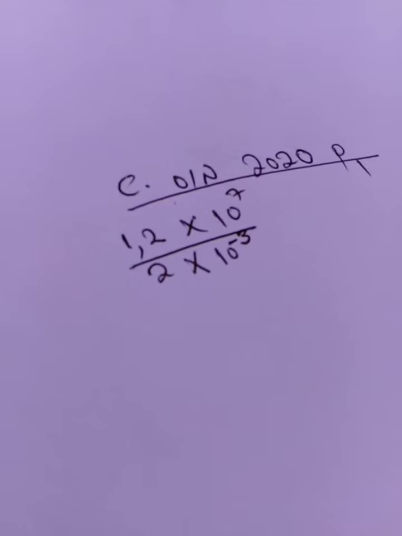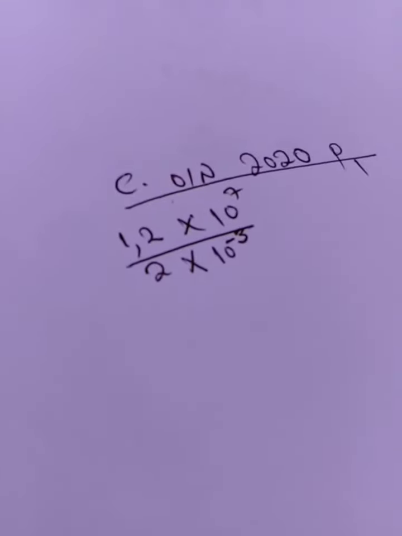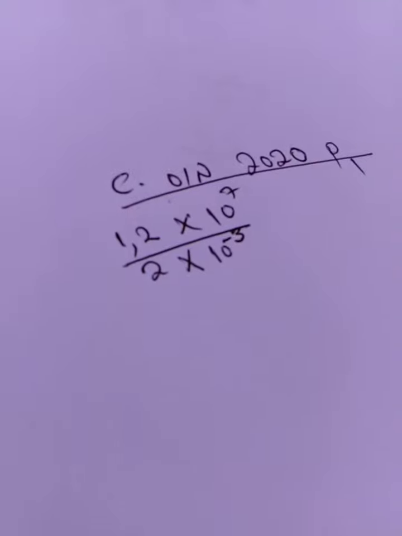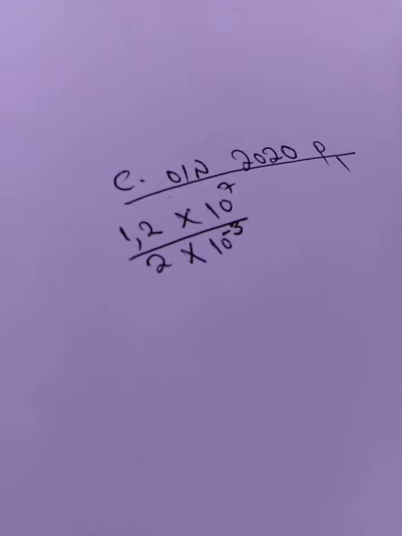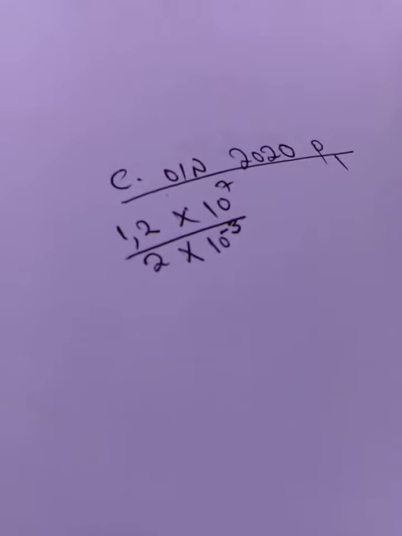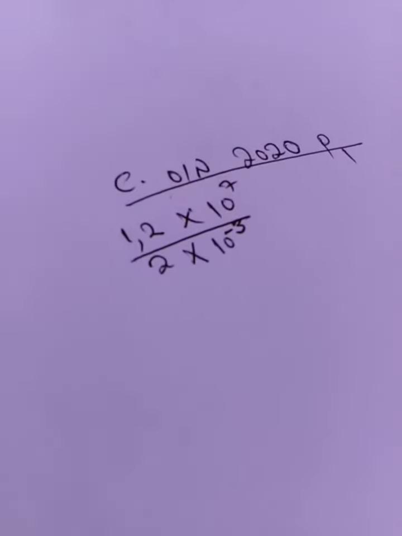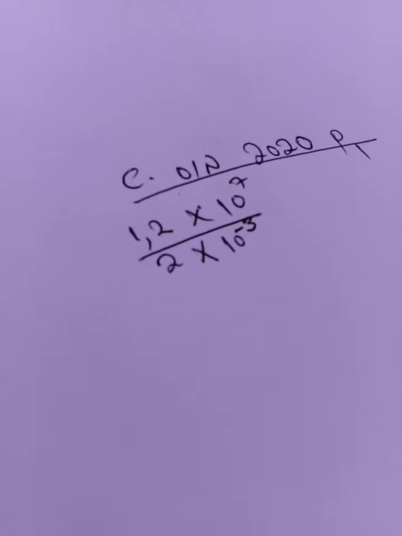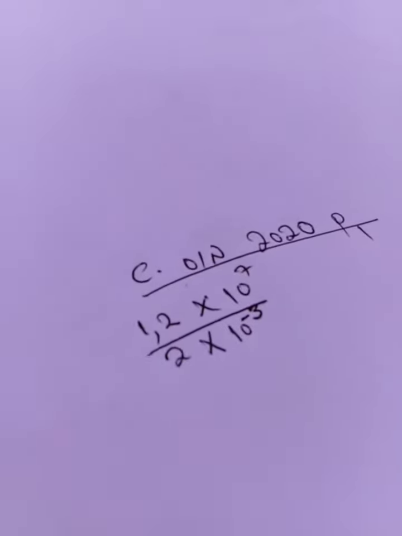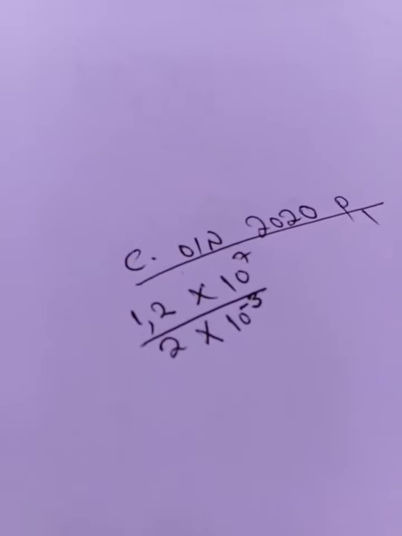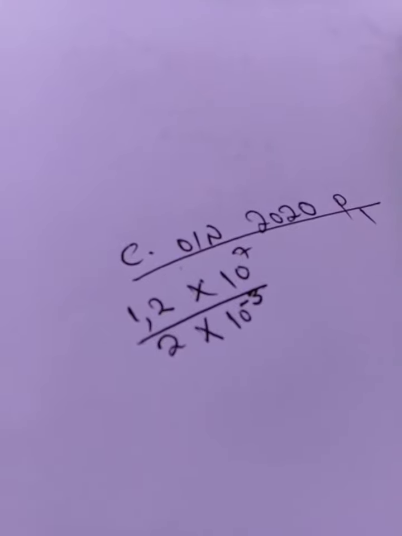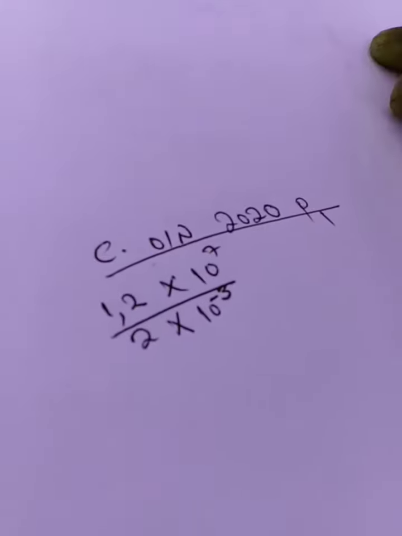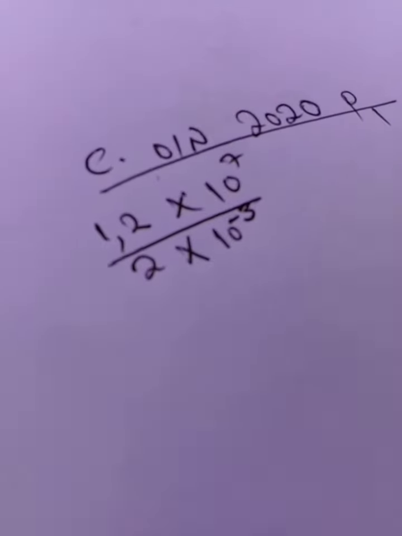All right, guys. This is our final question on the division rule. As you see here, we have a question from the Cambridge Paper 1 of 2022 November. So this is how the examiners can test you. So let's see how we can apply our rules to solve this question. Our question is 1.2 times 10 to the power 7 divided by 2 times 10 to the power negative 3. As you see, earlier we were having questions like